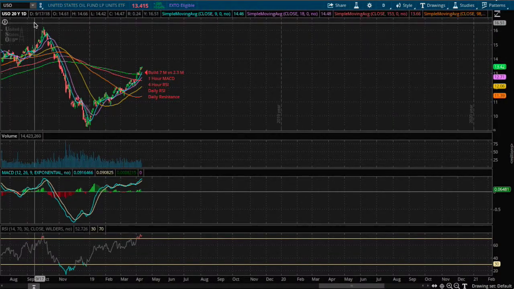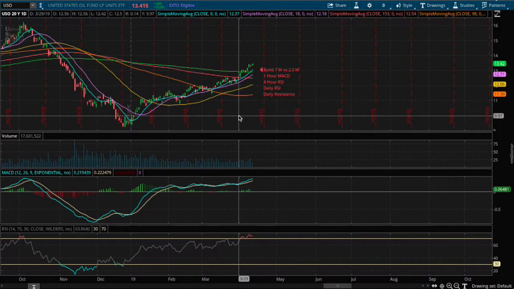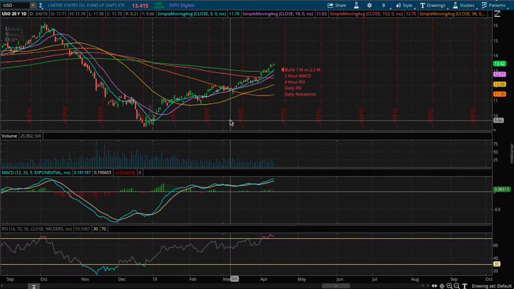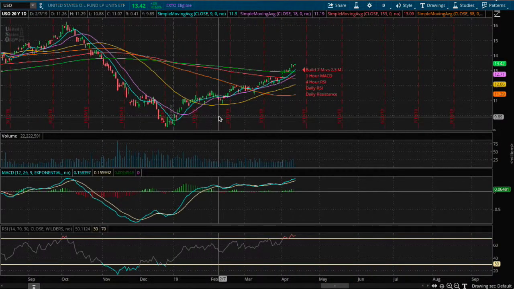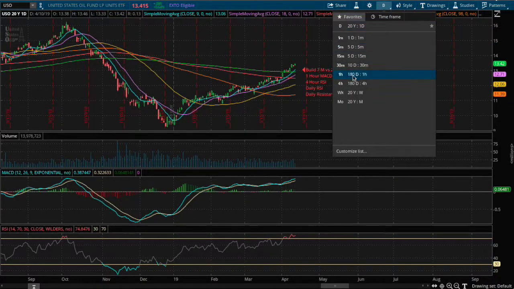Today crude oil reported their weekly inventory numbers and it was a build of 7 million barrels compared to the forecast of 2.3 million barrels. But we still went up due to the onset of bullish numbers on the gasoline withdrawals. So I do believe that